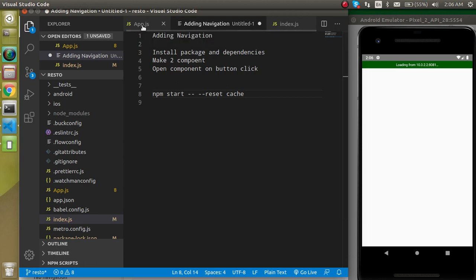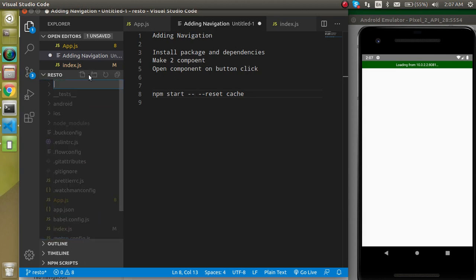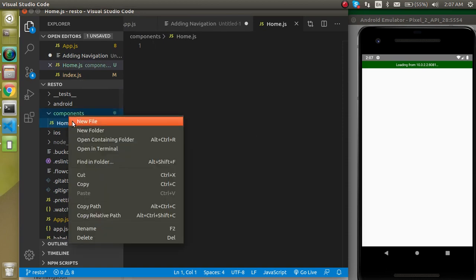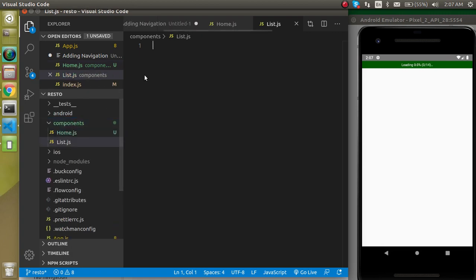convert my app.js file into home.js. So let's make a folder, components, and in the components let's make two files. One is home.js and the other one we can make like list.js. And now let's come to the